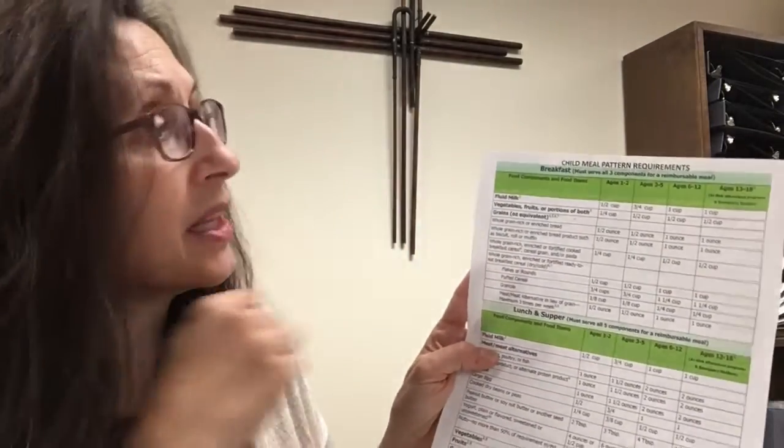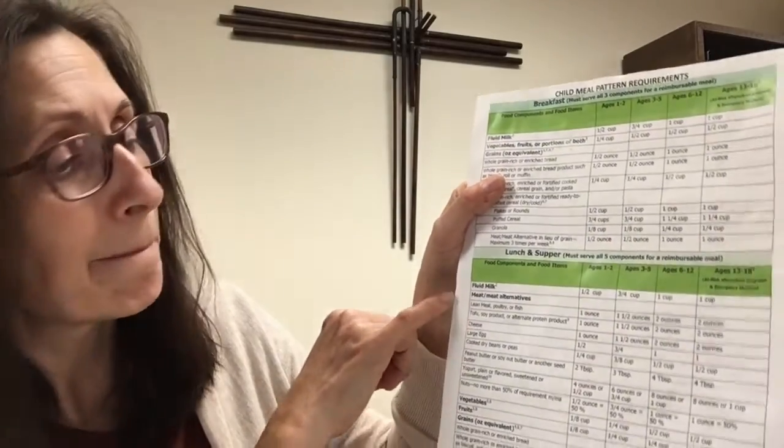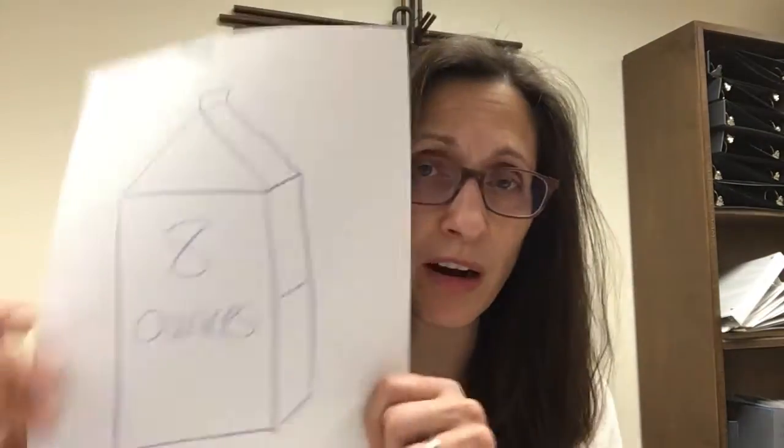minimum requirement that they need for milk, vegetables, grains. For lunch or supper, which we don't serve, it's the same thing: toddlers, preschoolers, school age, what is their minimum requirement for fluid milk, meat, vegetables, fruit, grains. On the back side, it has snacks. What is their minimum requirement? Same thing. For milk, school agers have it made in the shade because in a carton of milk, there are